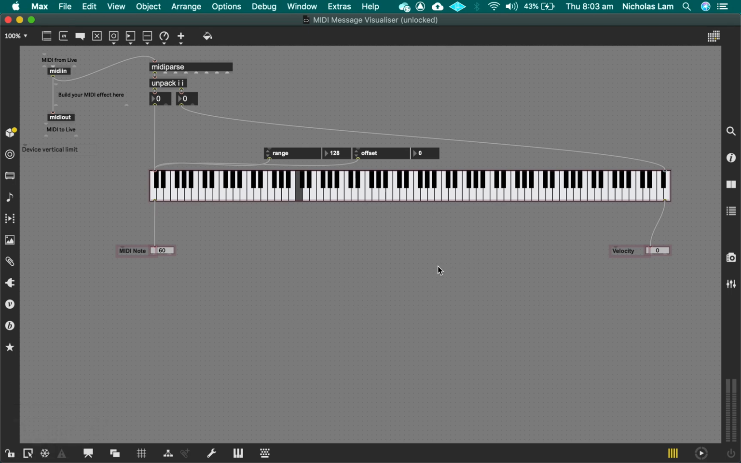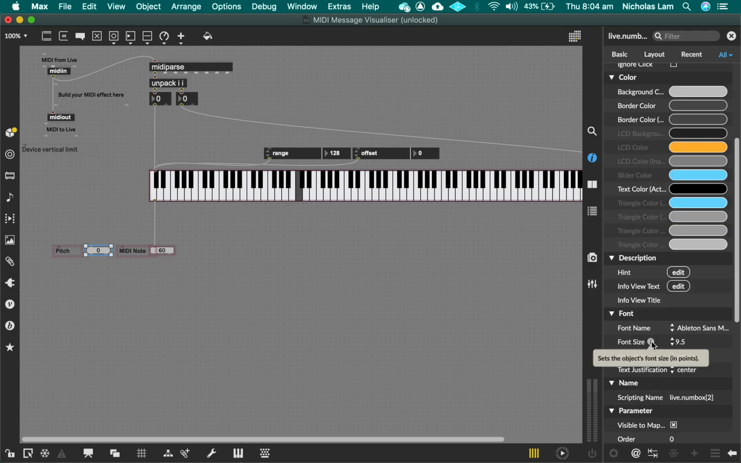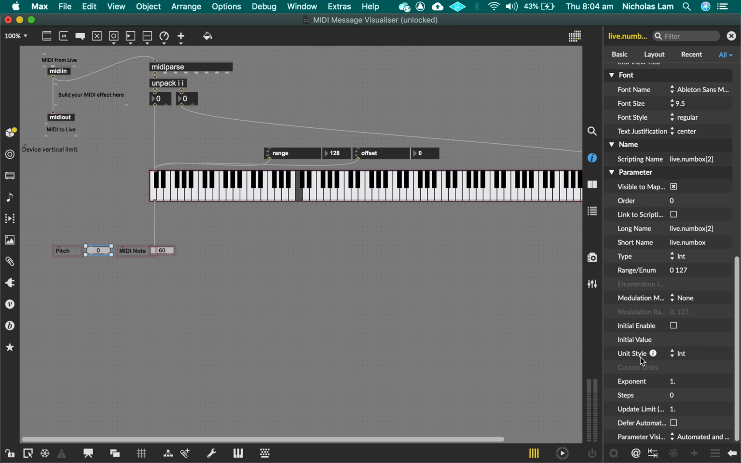One other thing that I wanted to add before we went any further is I wanted to copy and duplicate these two, this MIDI number box and this MIDI note message here, because I want to change this comment to pitch, and I just wanted to illustrate that you can use these live number boxes. So I'm going to click on this new one that I created, Command I to open up the inspector. You can use these to display a few different things other than just numbers. For instance, if we scroll down to parameters, find unit style, instead of integer, if we set this to MIDI note